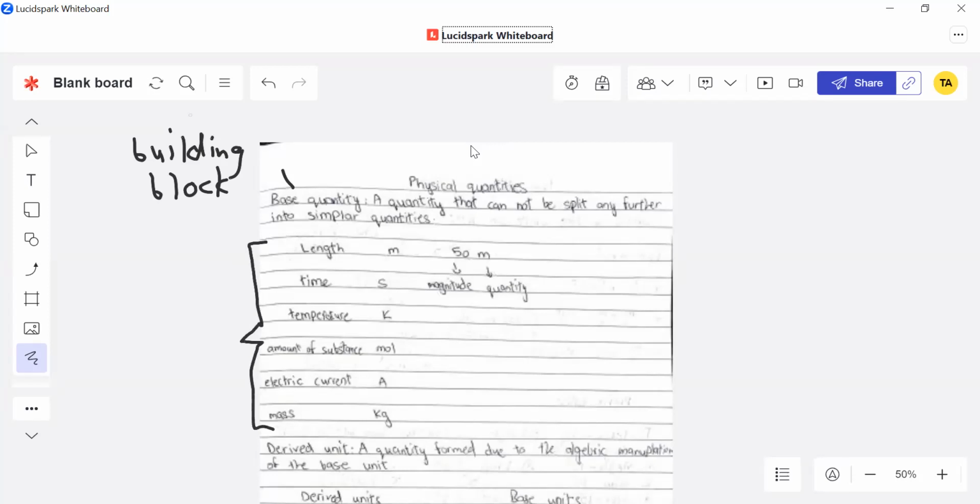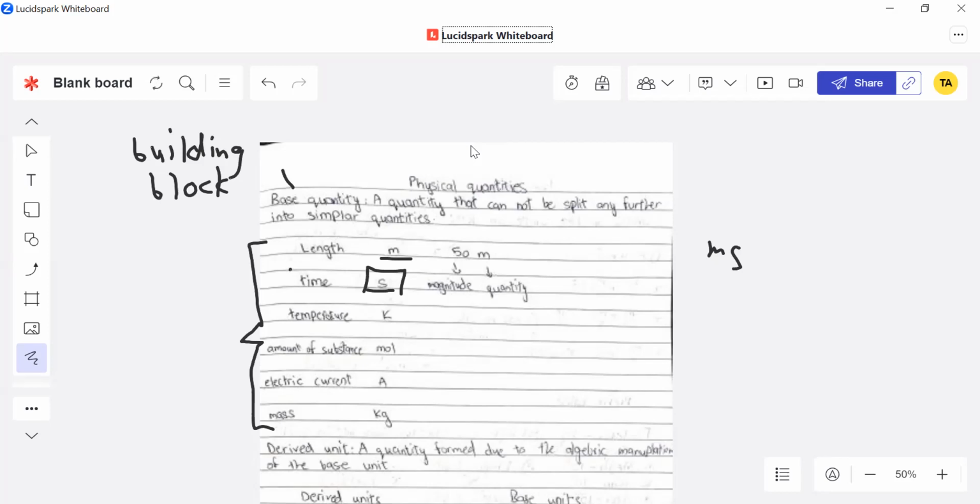It's these right here. So starting with length, you'll measure length around the world in meters. So all around the world, the base unit for measuring length is meters. And for time, it's going to be seconds. You can see that time has the base unit of seconds. That means this is the simplest of the quantities that you can measure time in. So all of the scientists around the world, they gathered around and they told everyone that, hey, we'll measure time in seconds. You'll find milliseconds, microseconds, minutes, hours, but the base unit that you measure time in